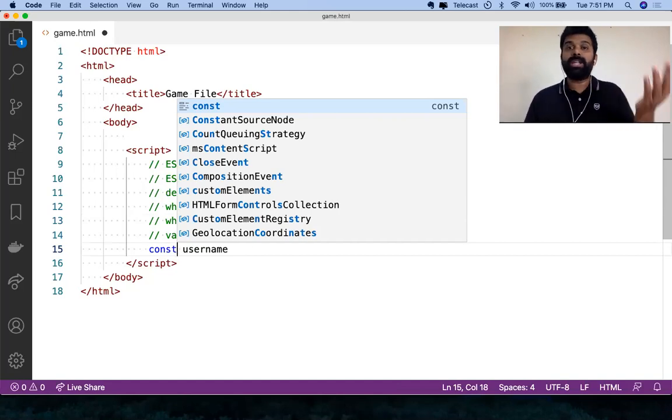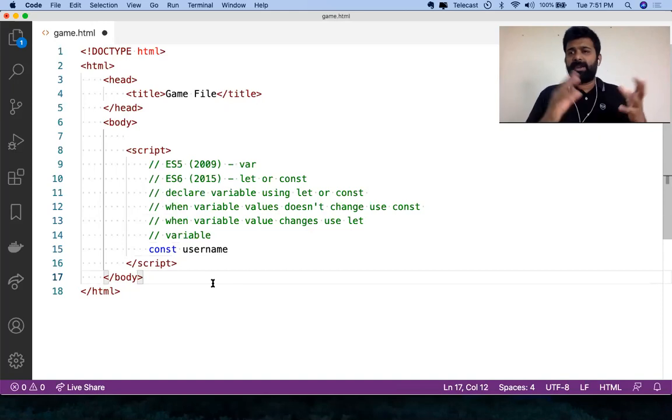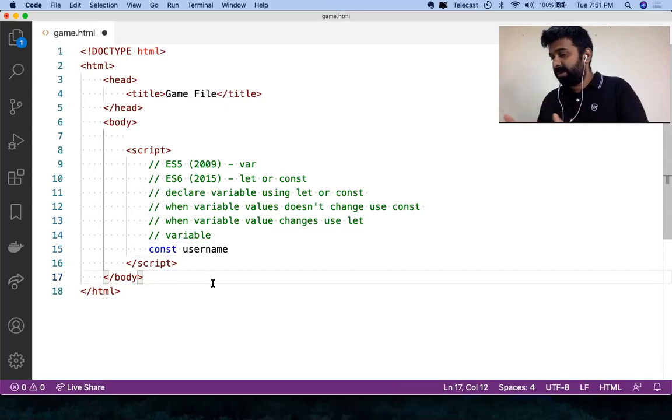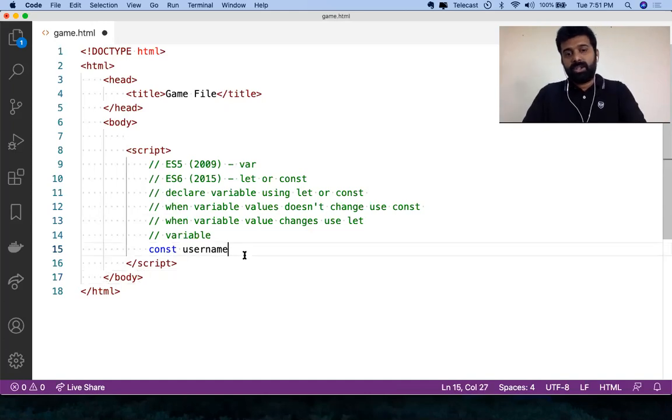This is a new ES6 feature. This was not there in the past. Now there are also advantages. Const is called a constant. Typically, when you declare a variable as a constant, the value of that variable cannot change. It does not change. So I'll say const variable is equal to,